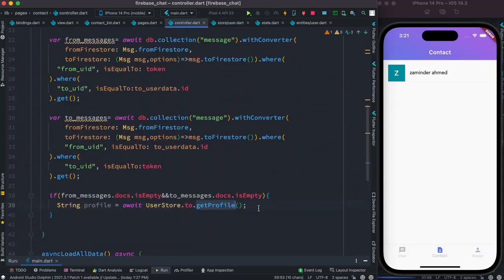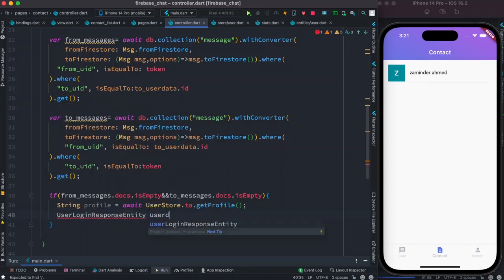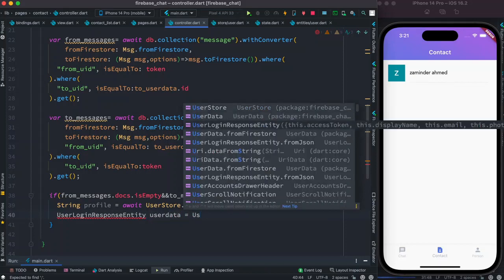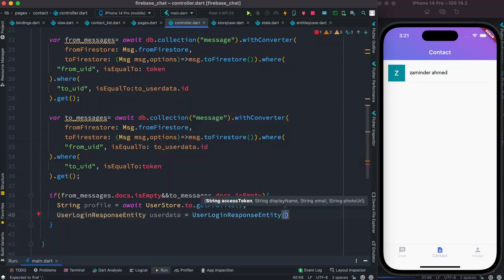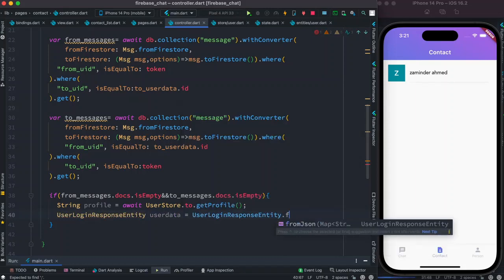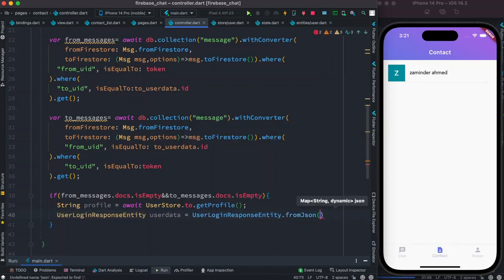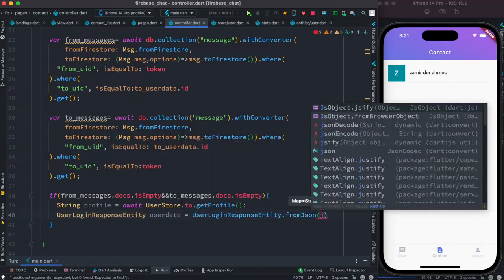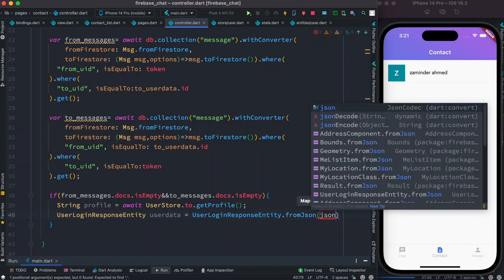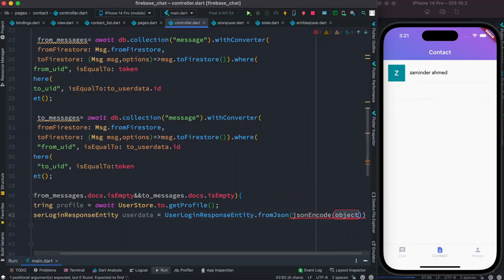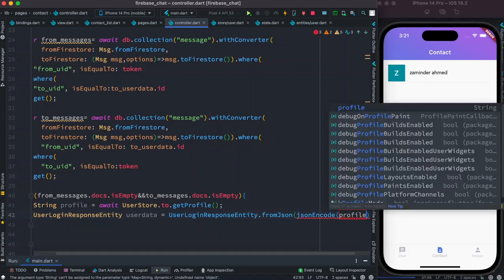So this get profile has been automatically done for us in this helper class that you should have access to. Anyway, so now we'll have this user's profile information, and then we want to turn it to an object. So here with user login repository, this one, and here we'll have user data, and then user login repository, this one. And then it has a method called from JSON, and then we pass this profile. But before we pass, we also need to use JSON encode, otherwise it might not work properly. And then we just send a profile,